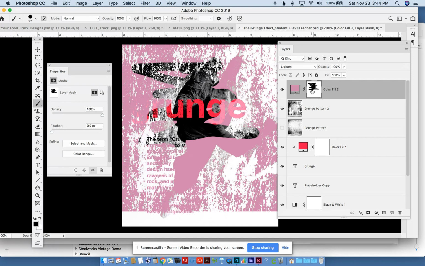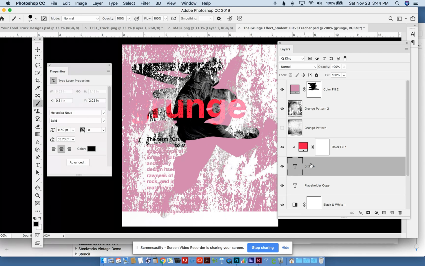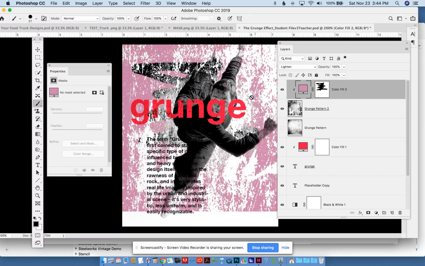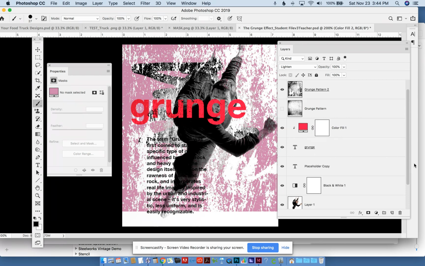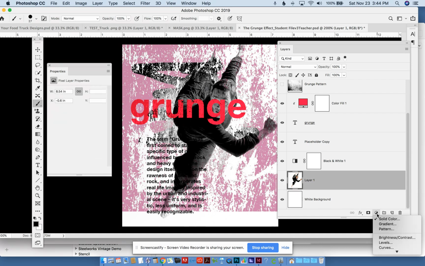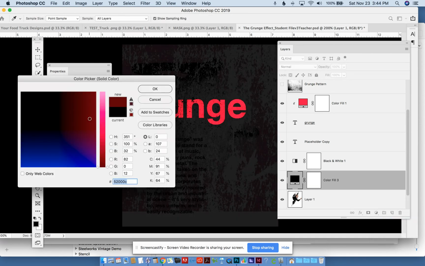So I could fool around with the masks that I added in this layer just to get some grungy look. I could then go down to this placeholder type, and before I leave that, I'm going to do the same thing. I'm going to hold down Option and let that color talk to that layer. And now I'm going to go down to my dancer image, and maybe I'll add another color layer on him. Maybe I'll go with something